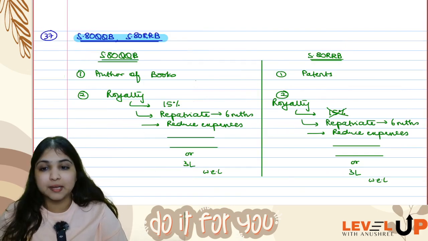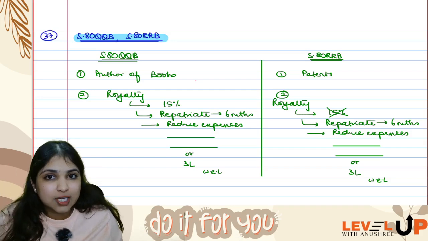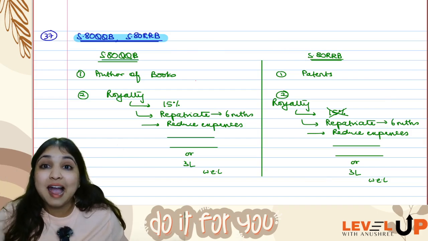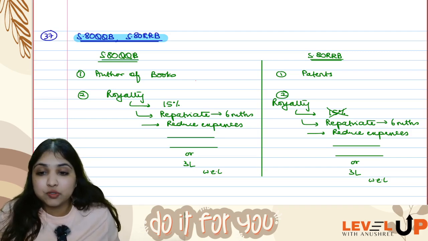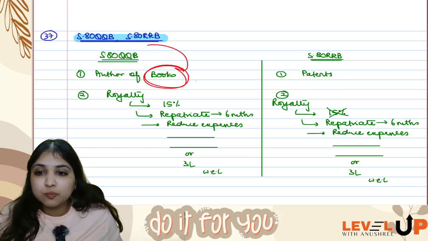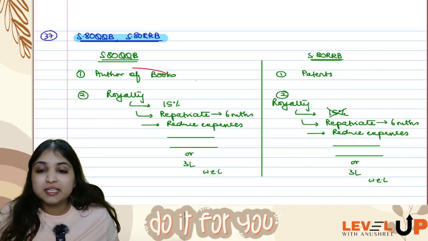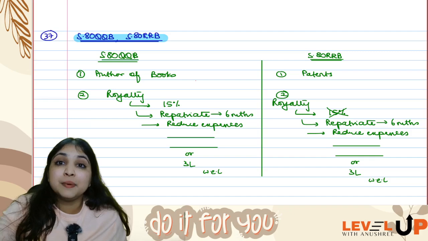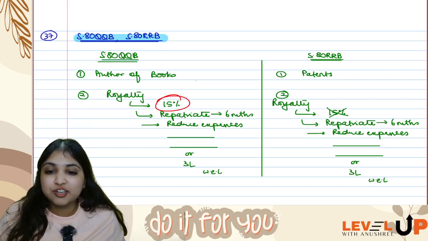That is 80JJAA. Then coming to 80QQB and 80RRB relating to royalty. As soon as you see royalty, the biggest mistake that students make is they straight away come and do this computation. First tax that royalty under IFOS, then come to chapter 6A. Now under chapter 6A, you will have to see, is it royalty relating to books or is it royalty relating to patents? Royalty relating to books will come under 80QQB, royalty relating to patents will come under 80RRB. If it is royalty relating to books, you will see how much is the royalty. You will see, is it lump sum royalty or is it on percentage basis? If it is lump sum royalty, take it as it is. If it is percentage basis, you restrict it to 15%.